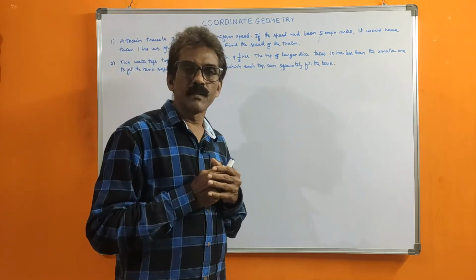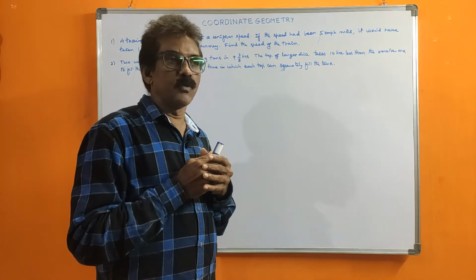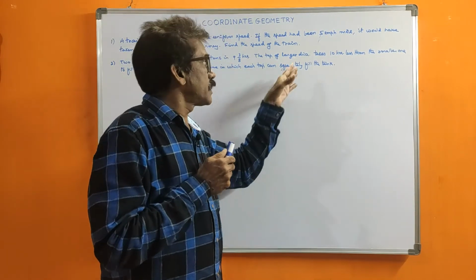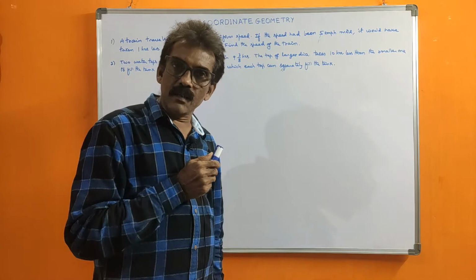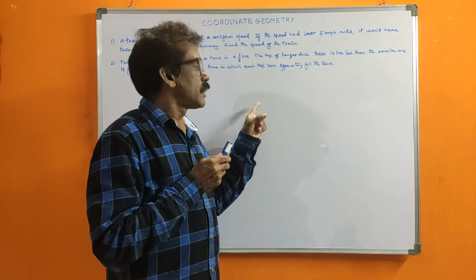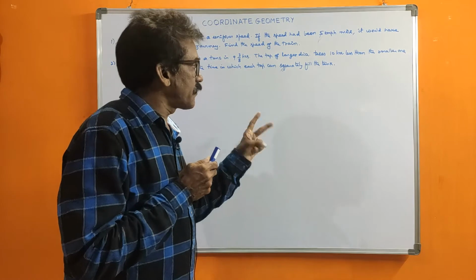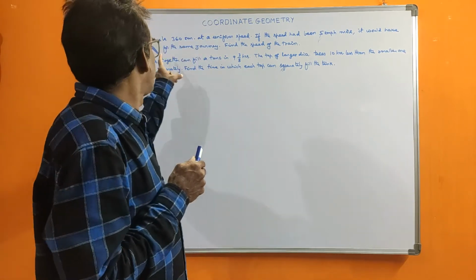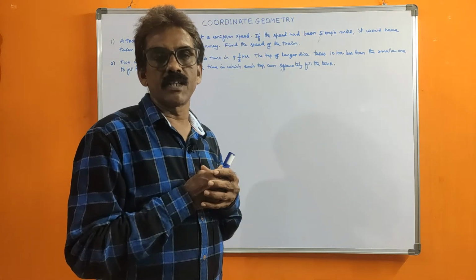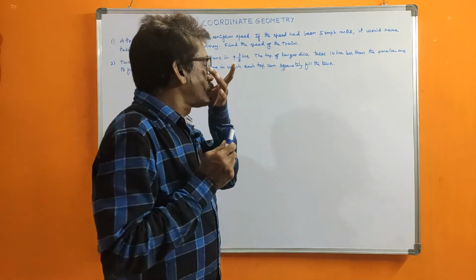So by this data we should find the speed of the train. How can you find it? In the first journey the distance is there, let the speed be x, then we can find the first time t1. Next, with the speed increased by 5 kmph, in the second situation the velocity is x plus 5. The distance is anyway there, so again we can calculate t2, the time taken. Now the difference between these two times is 1 hour, as given. So by that we can obtain a quadratic equation. By solving that we will get the variable x.